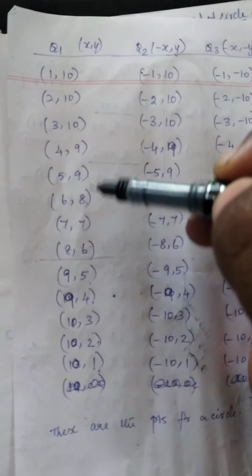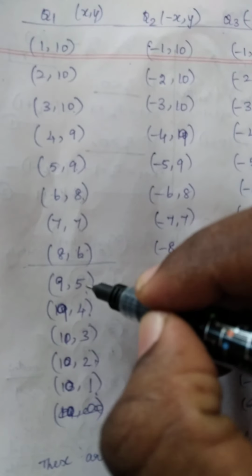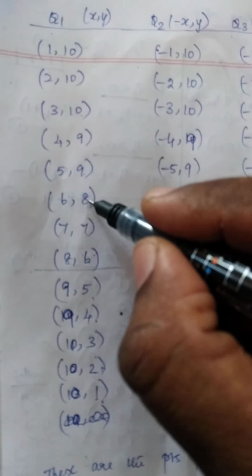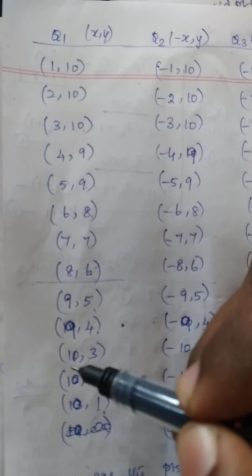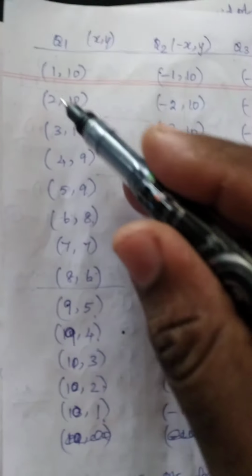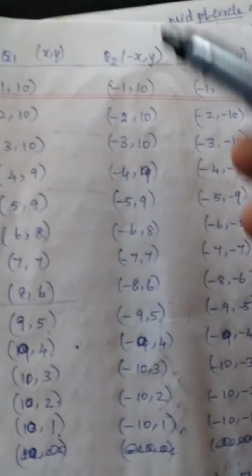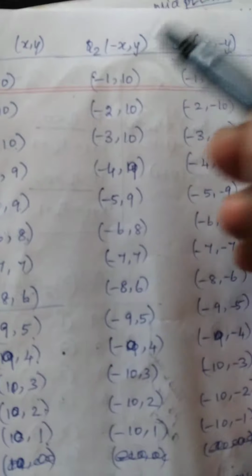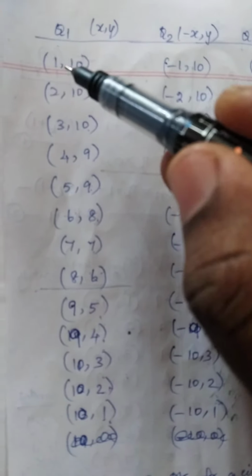So here we have written all the octant values. Octant 1 is what we have generated, and this is the mirror value. You can easily calculate the mirror value. See here: 8 6, 6 8; 5 9, 9 5; 4 9, 9 4; 3 10, 10 3; 2 10, 10 2; 1 10, 10 1. It is the exact reverse, the mirror effect. Similarly, quadrant Q2 is minus x comma y, so you just put the minus in the x values here. So we are getting these values.